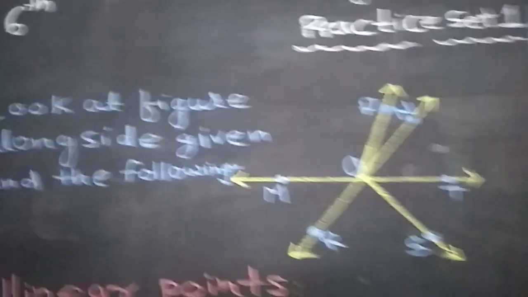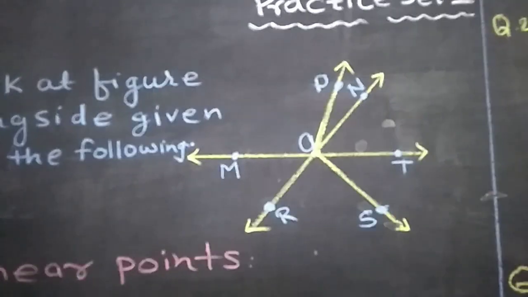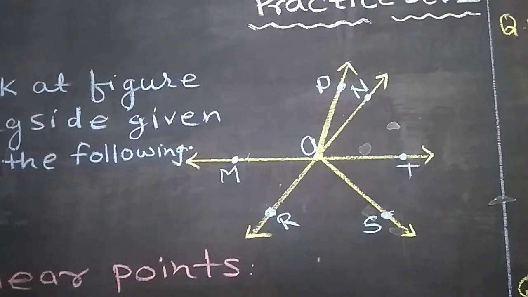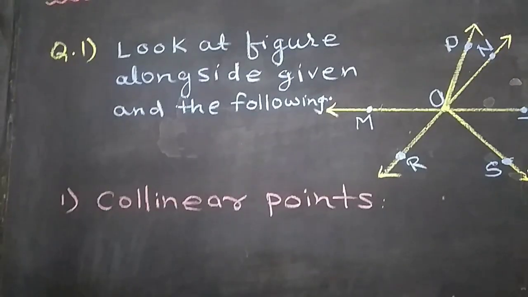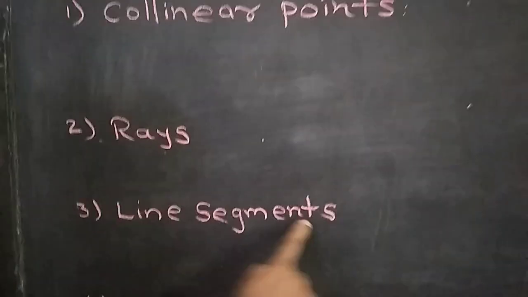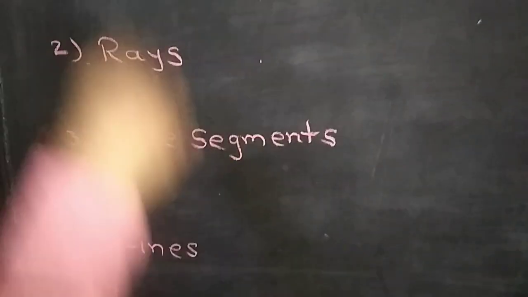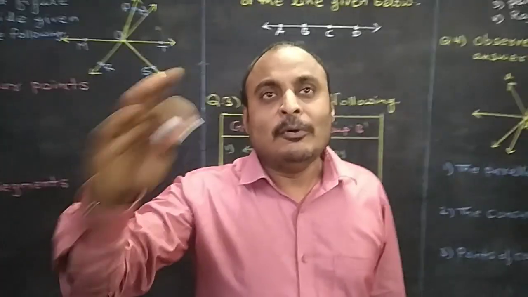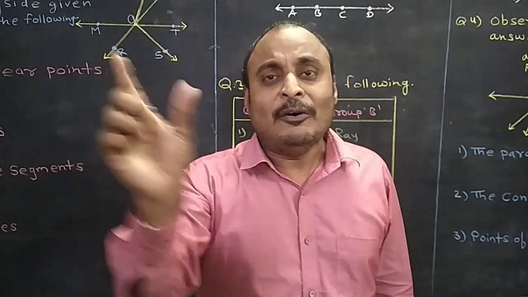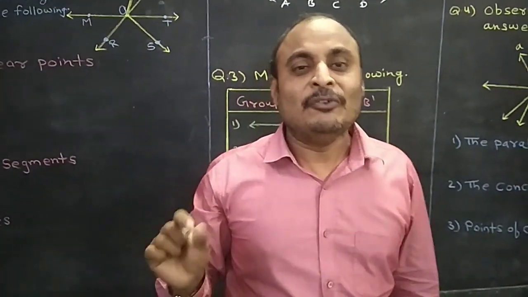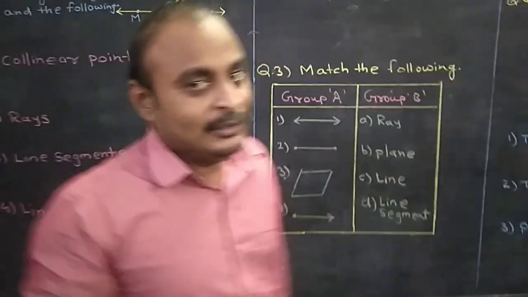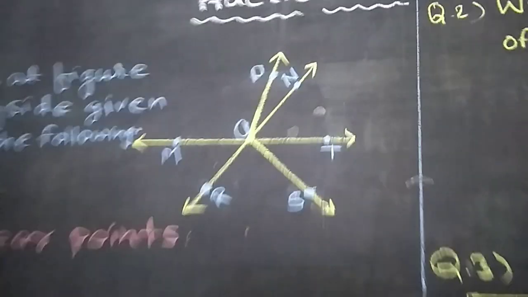See, a figure is given here, and we have to find out collinear points, rays, line segments and lines from this given figure. Now, collinear points. What do we mean by collinear points? When 2 or more than 2 points lie on a single straight line, then they are known as collinear points. Here you can see